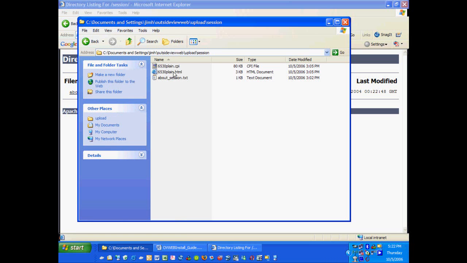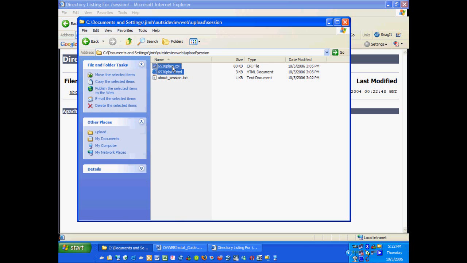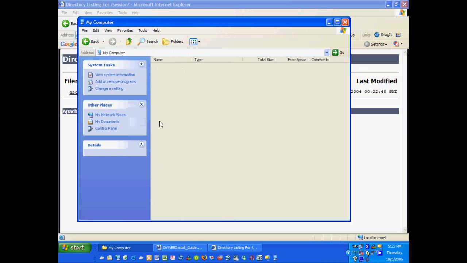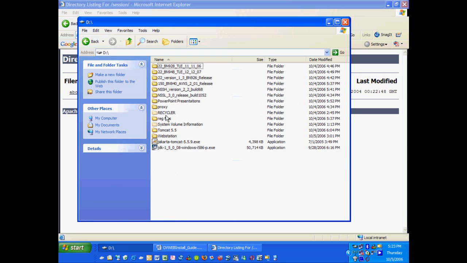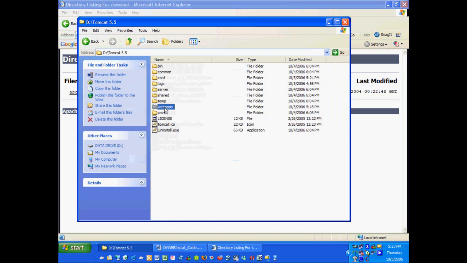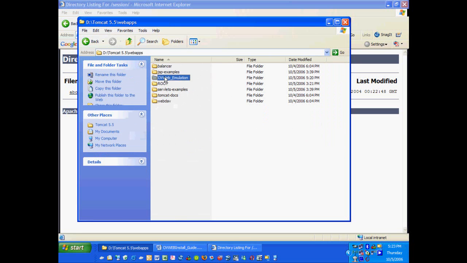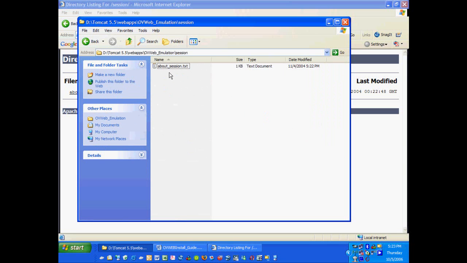If we take these two files, we can FTP them to the session folder over on our web server, or because this is a Windows box, we can just copy it over, cut and paste. Tomcat, web apps, OutsideView web emulation, session, paste. Now,